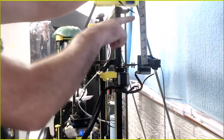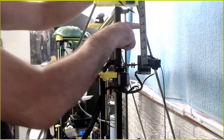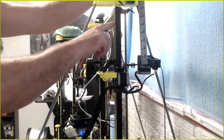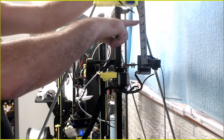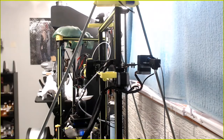From here, it wouldn't have actually gone all the way up. From here, it would have been right about here, so about 5 inches, I guess. Yeah, because here's my marks. I think you can see them on there. So technically, I guess that's about 5.5. I don't typically build that big, but